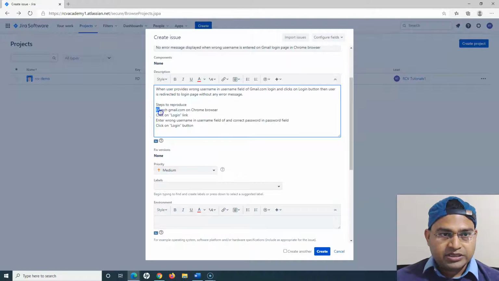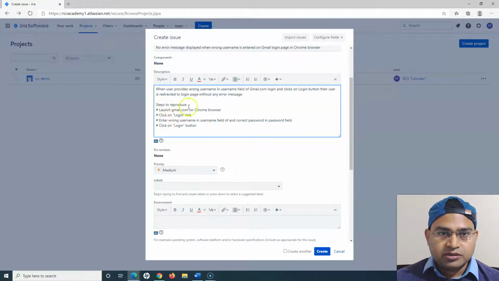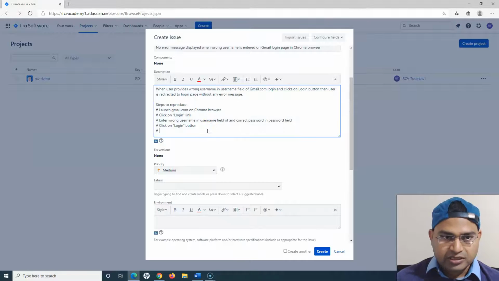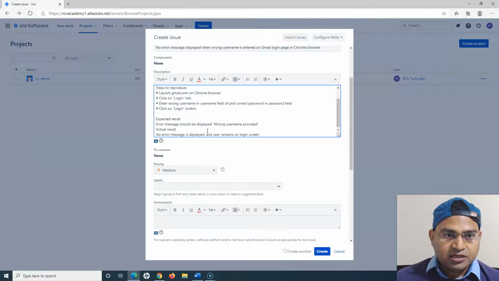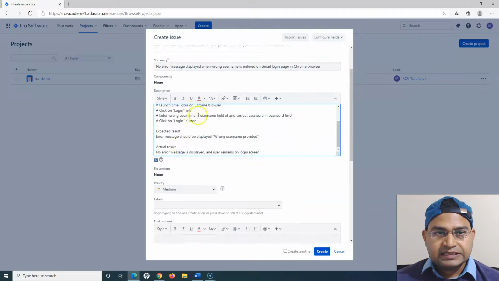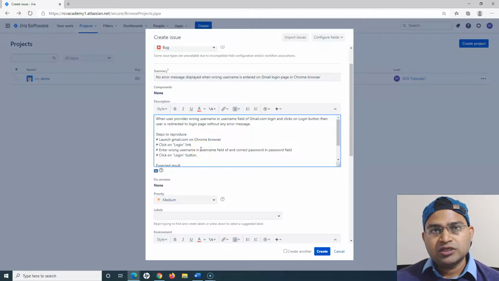Okay, so I'll provide steps to reproduce. We'll format it a little bit, provide the numbers there in the steps to reproduce, and then within the description itself I'll provide expected and actual result. Now within Jira there are no separate fields as such for expected and actual results, so you can specify all of these details in the description field itself. That's how usually we do